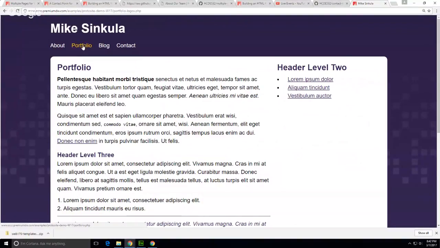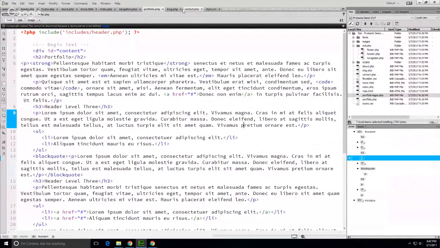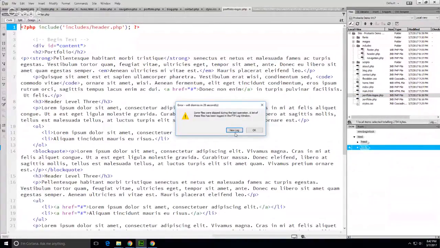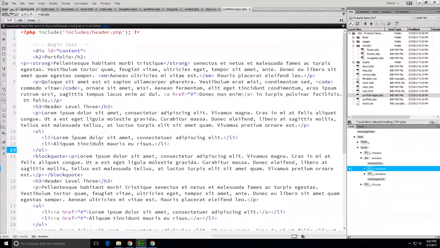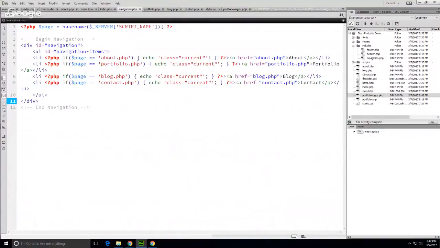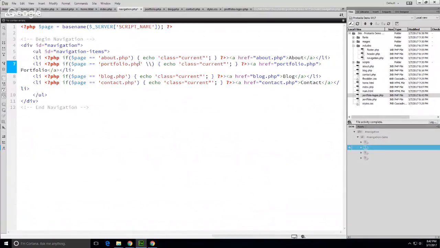Great. So portfolio logos isn't highlighted, right? So now if I have this open, my navigation, I would then have to say, right? Double pipes, what does it mean? Or,